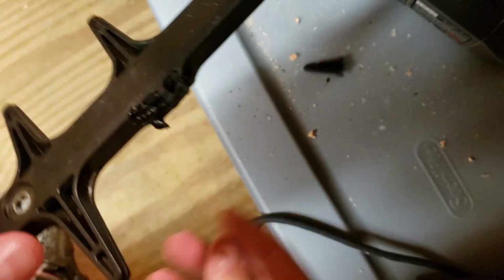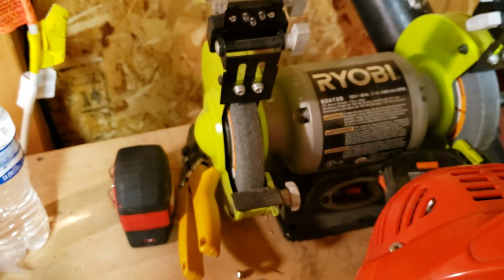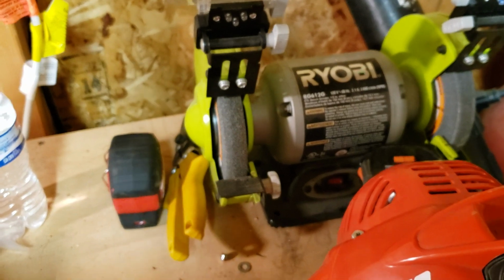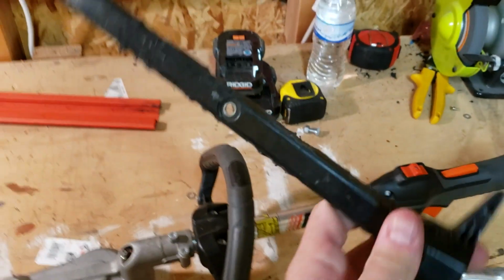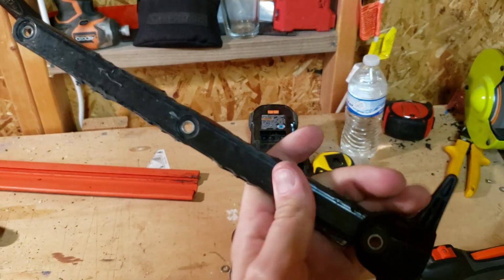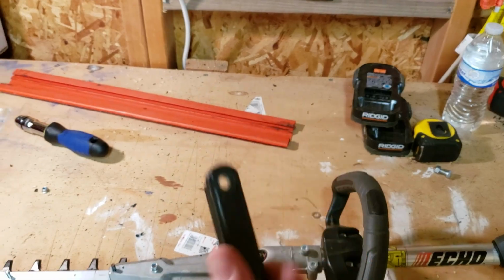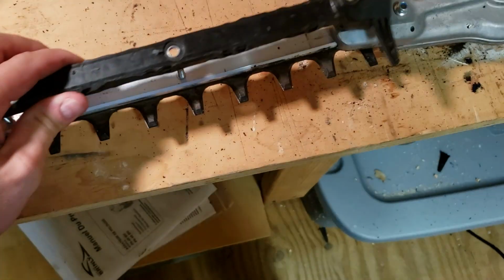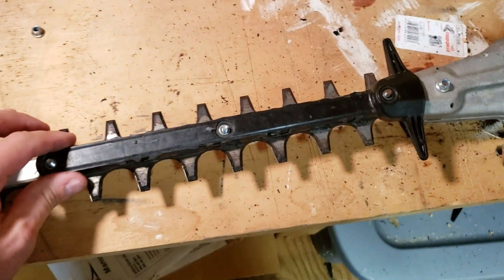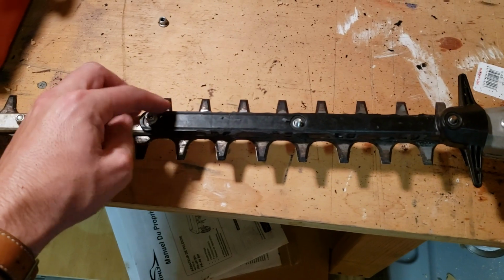Alright, so we've got one tooth off. You take it off. Plastic's going to melt, so what we'll do is shape this up on the bench grinder right here, and I'll show you guys the finished product. Alright guys, so after we cut it off, this is what it looks like. We're going to shape it up a little bit better than this, just trying to give you an idea of what we're doing here. So now when you put this back on, stick it on there, put your nuts back on,